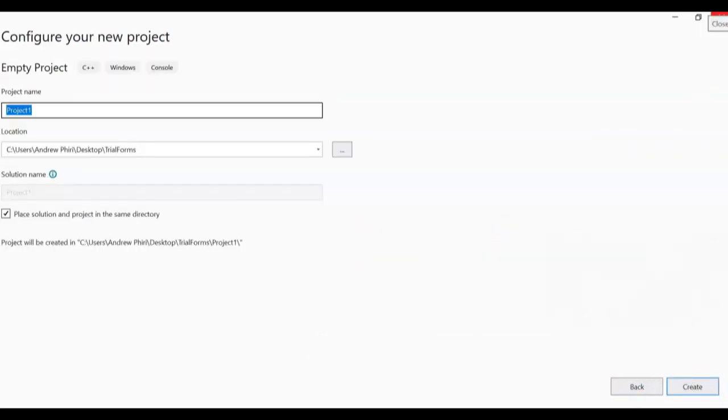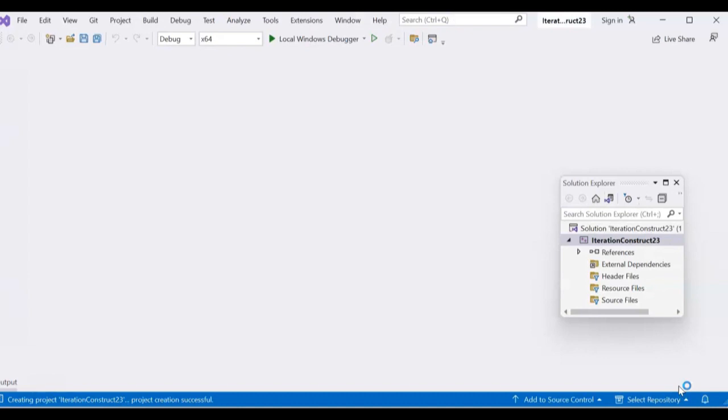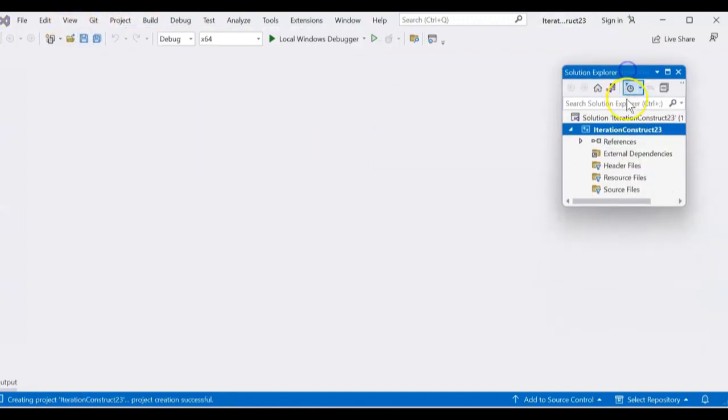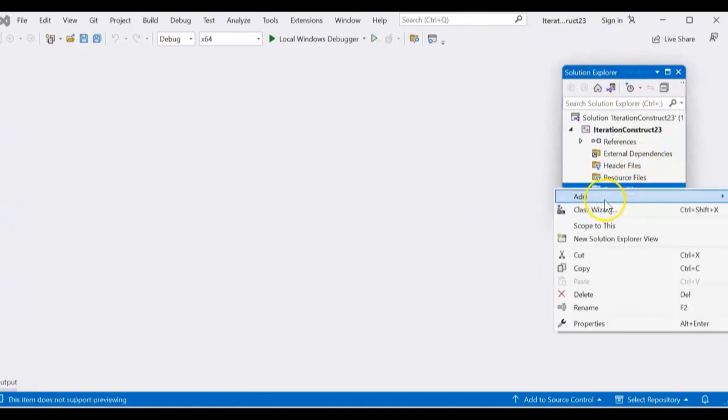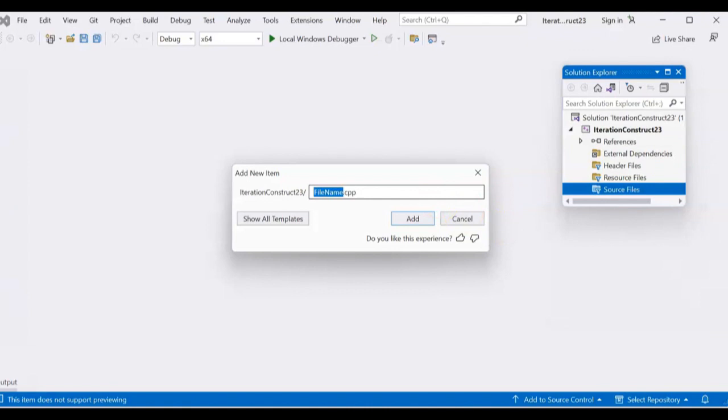I'll call it iteration construct. Okay, let me just put a number in case there is one which already has that name. Add new item. Let's call it